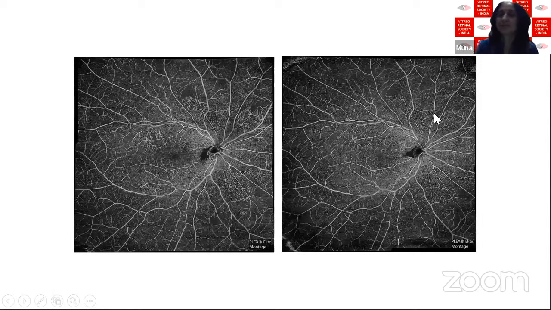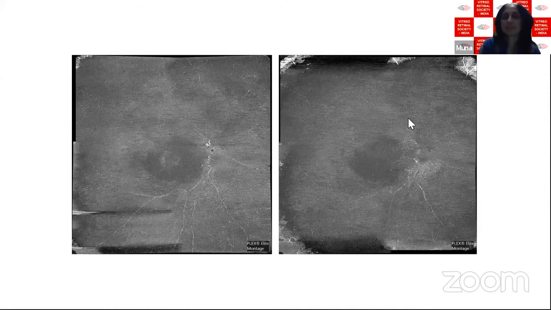So out of academic interest, I repeated the OCT angiogram. And you see how the neovascularization has shrunk, and also the neovascularization elsewhere. So the OCTA can very nicely show you the regression of neovascularization. Well, clinically, it may not be very evident. This is even better seen on the vitreoretinal interface slab. You see the neovascularization of the disc very well pre-treatment. Post-treatment, this has shrunk.